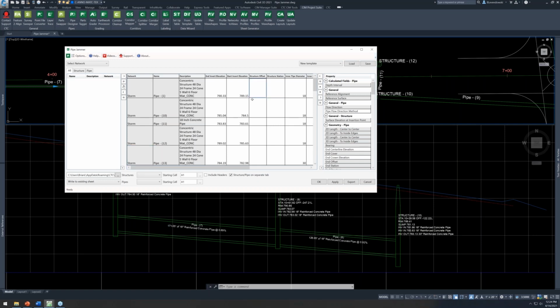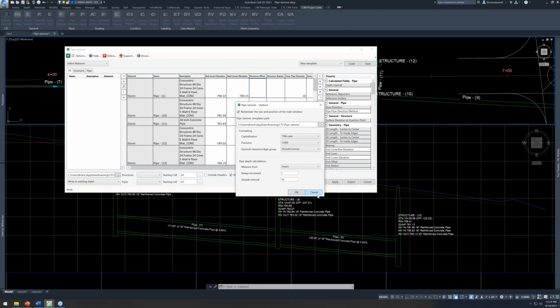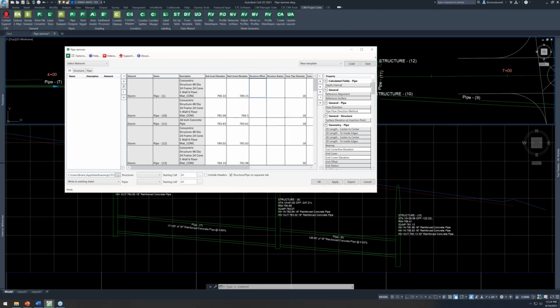So a ton of the functions that you're used to in Excel exist here as well. I can put formulas in here, okay? I can run my hydraulic calculations right in here. I can save that stuff to templates and load those all right within this. And by the way, it saves out to a path that you set right in options, and it saves out a basic